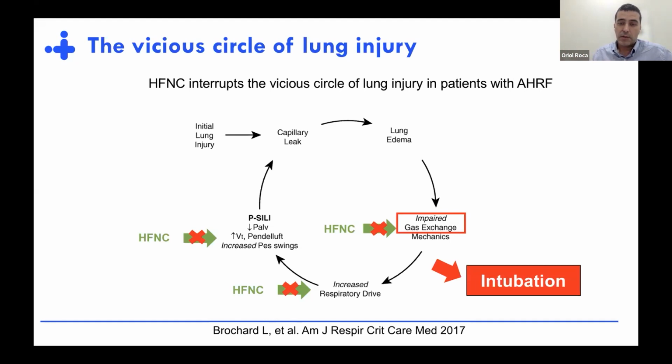And one of the variables that we can measure, or more easily measure, at the bedside is the gas exchange. We can discuss if PaO2 predicts better than SpO2, but it's difficult to measure esophageal pressure swing, and it's difficult to measure respiratory drive in spontaneously breathing patients treated with high flow. So maybe these gas exchange abnormalities are the ones that are more easily